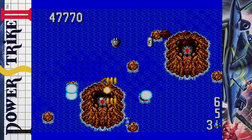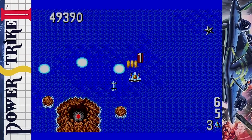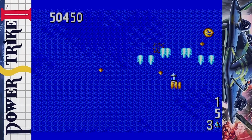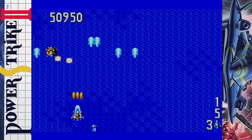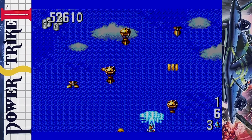This is honestly the best shmup on the Master System and in my opinion one of the two best 8-bit shmups ever made, as I believe there's only one other 8-bit shmup that can rival Power Strike 2. And that other 8-bit shmup is...